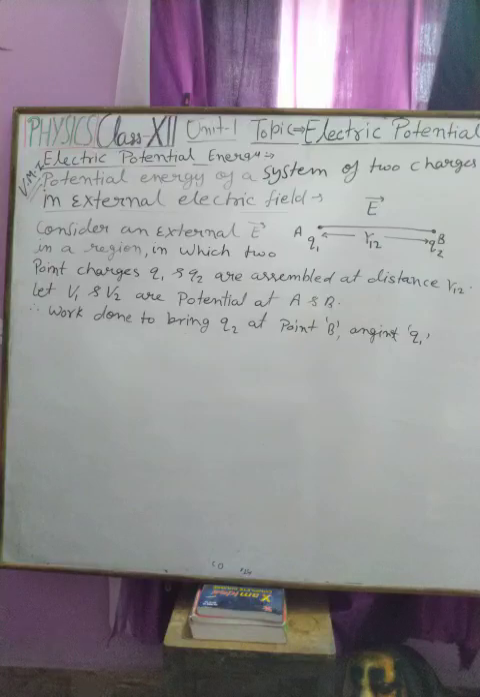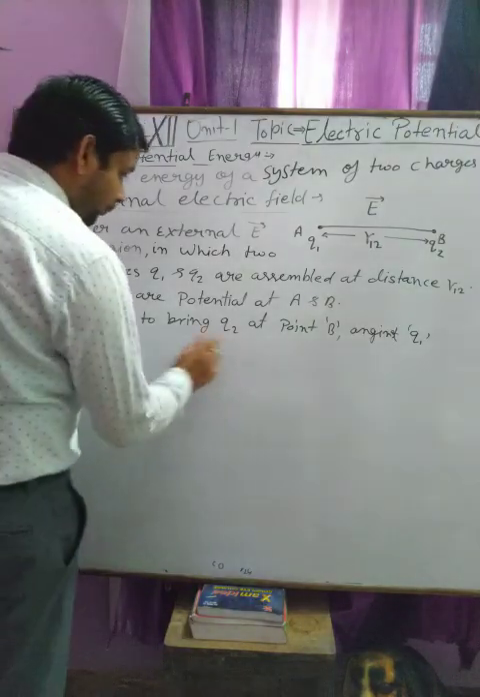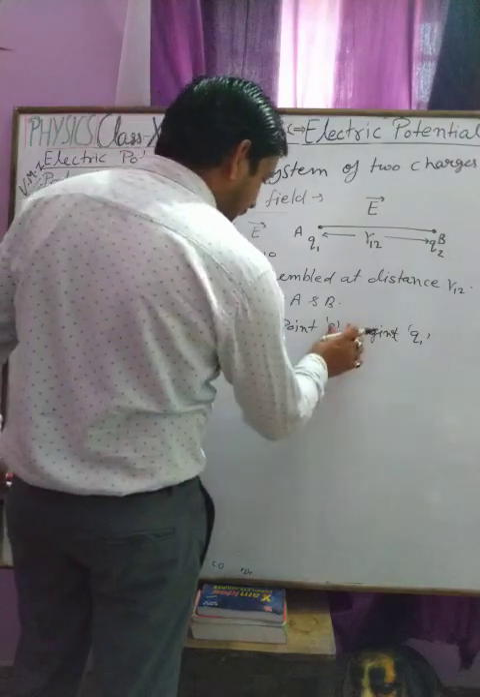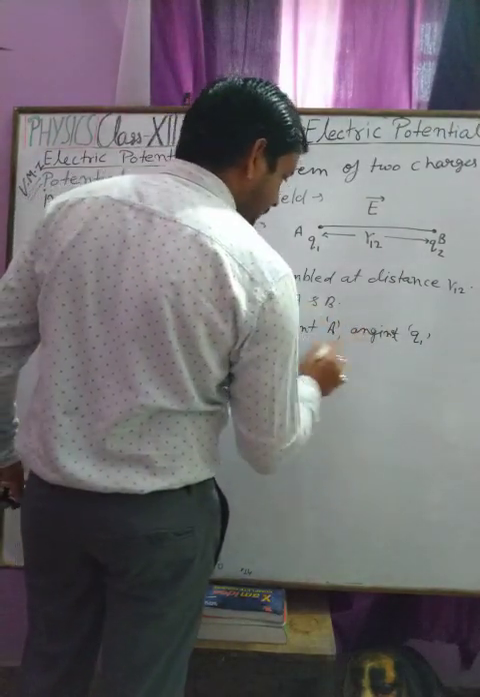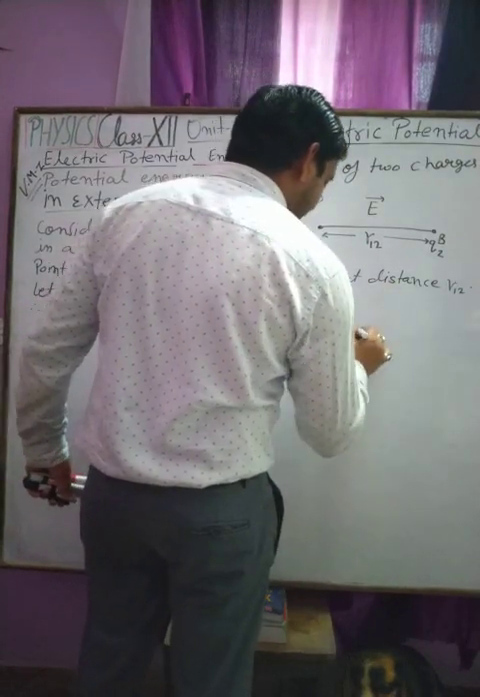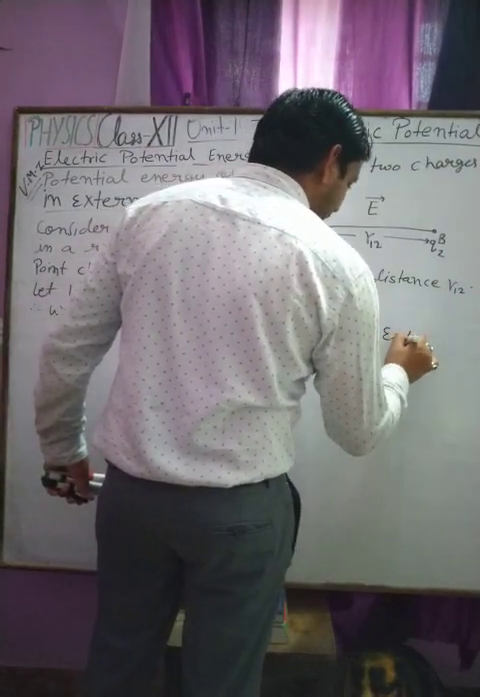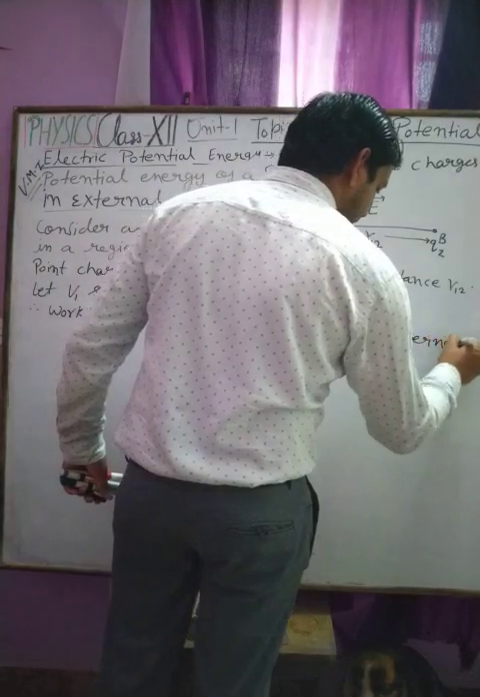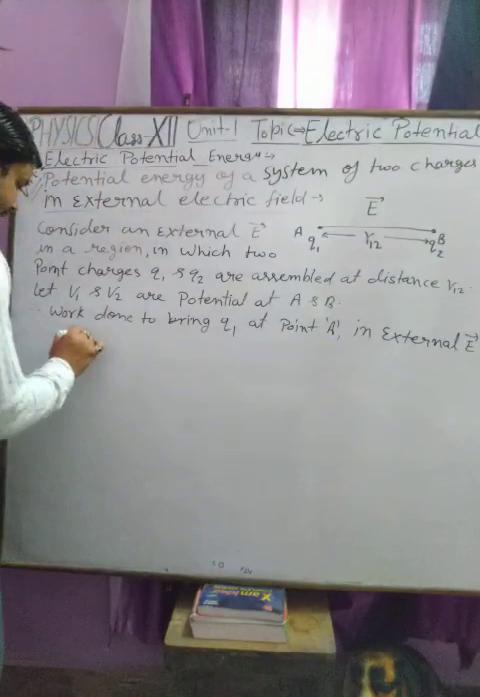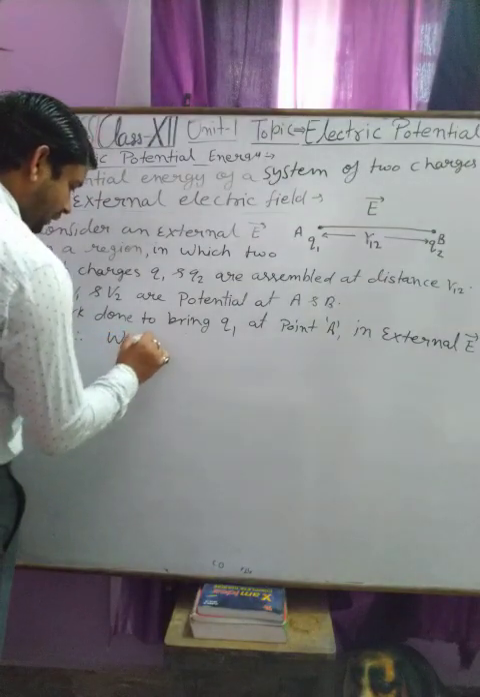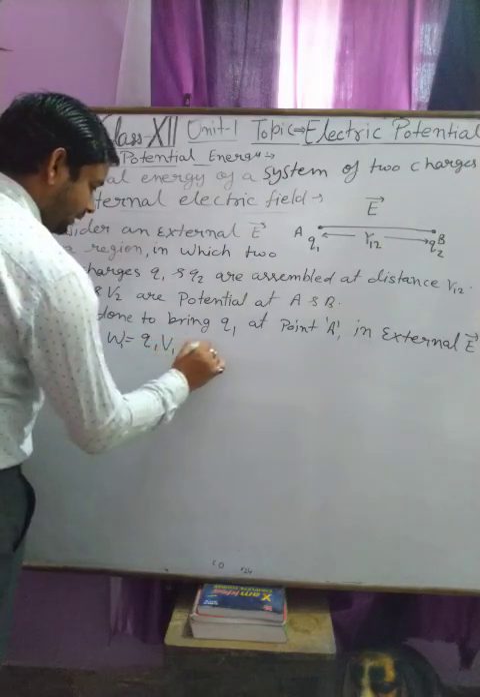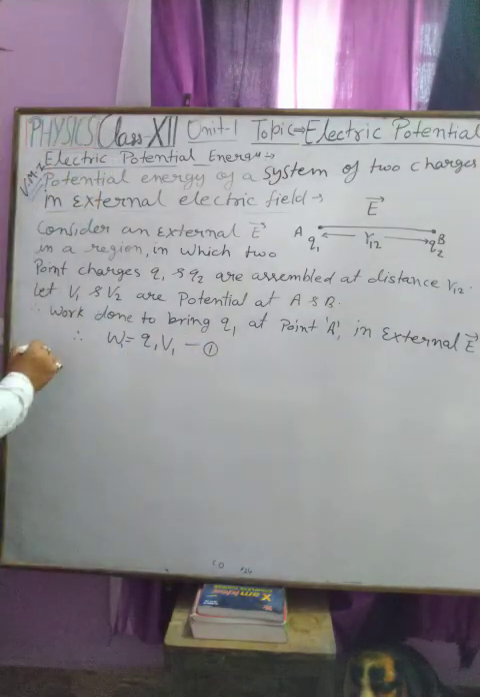Okay student, here work done to bring Q1 at point A in external electric field is W1 is equal to Q1 V1. This is equation first. Now